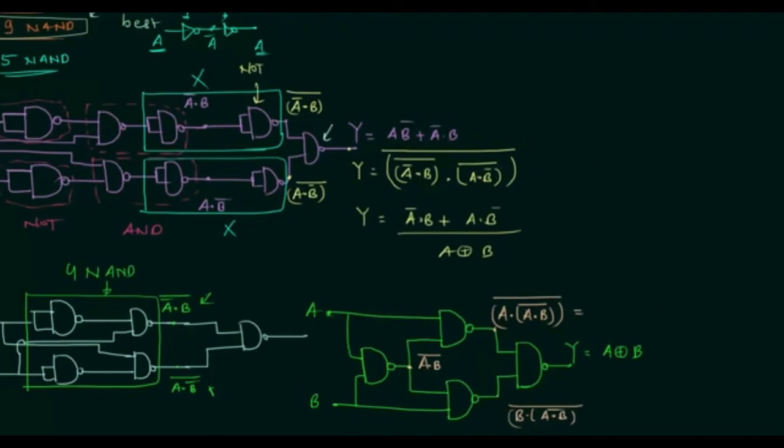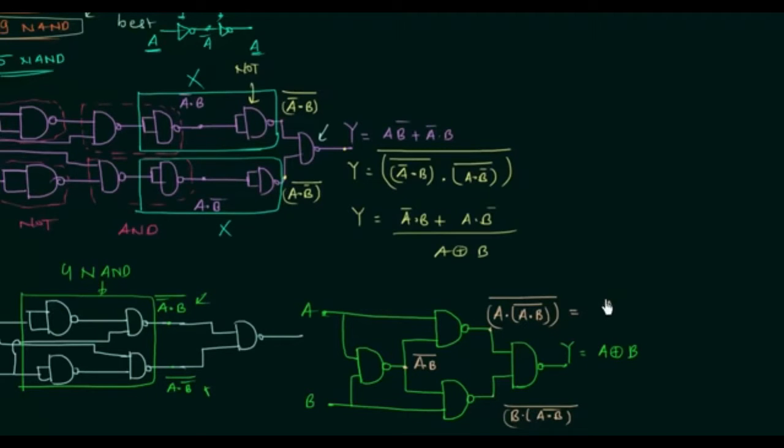I will use the De Morgan's law. A complement or A and B. Here we'll have B complement or A and B. And if you remember the Boolean algebra, I told you if we have X complement or X and Y, it is equal to X complement or Y. In the same way, from here we'll get A complement or B,